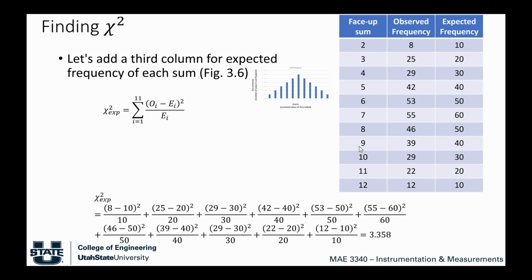So we have bins 2, 3, 4, all the way up to 12. So that means we have a total of 11 bins. And so we do that for each one. We say in that first bin, we observed 8, we expected 10, we divide by 10, we square the 8 minus 10, and we do that all the way through all of the bins, and we get a value for the experimental chi-squared as 3.358. So we want to keep track of that value because we're going to compare that against what we get out of the table,